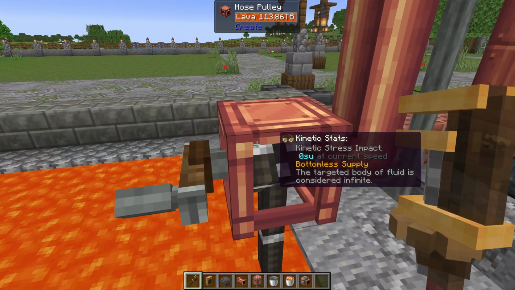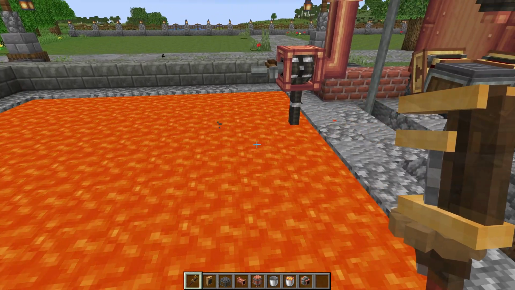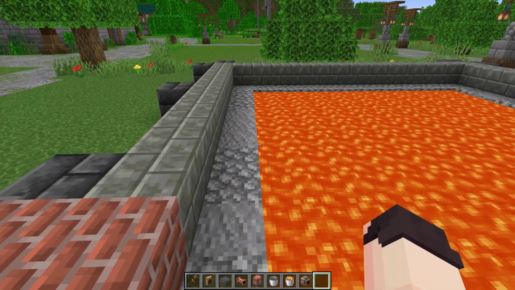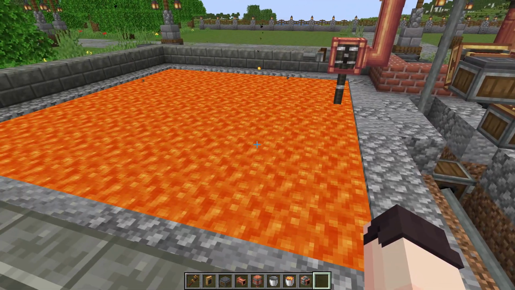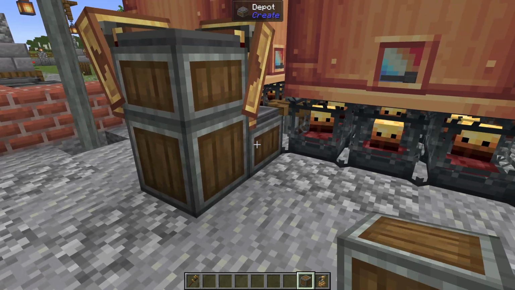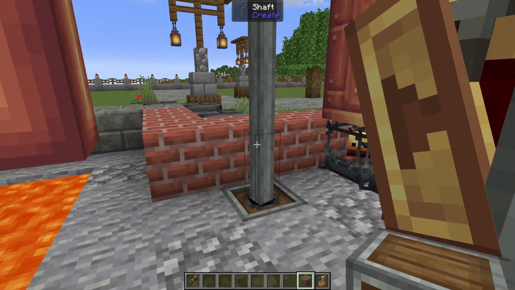with a bottomless supply, and it doesn't have to be all source blocks, which is a common myth actually. And I have tested this in the latest version of Create, so Create 6.06 with Neoforge, it does actually still work. I've patched up the hole in the ground a little bit, and we can go ahead and put a casing here, and you can also decorate shafts for free with casing right there, just to make it look a